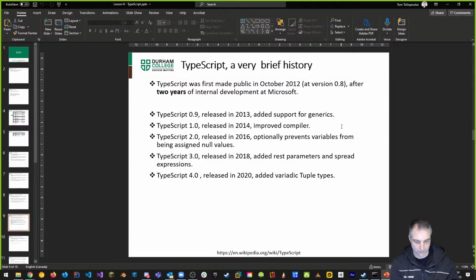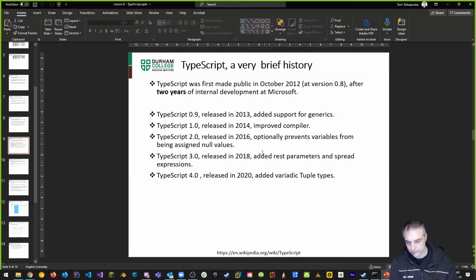It's well supported. Every year or two, they come up with a new major version of TypeScript with minor versions in between. And each version, like I've talked about before, adds additional functionality that is in line with the conventions and compliance when it comes to the ECMAScript standards that are coming out for the new versions of JavaScript. So TypeScript introduces something that may not be available yet or well supported from a JavaScript perspective for all browsers, and then JavaScript later on catches up. That's how it's been over the last little while.